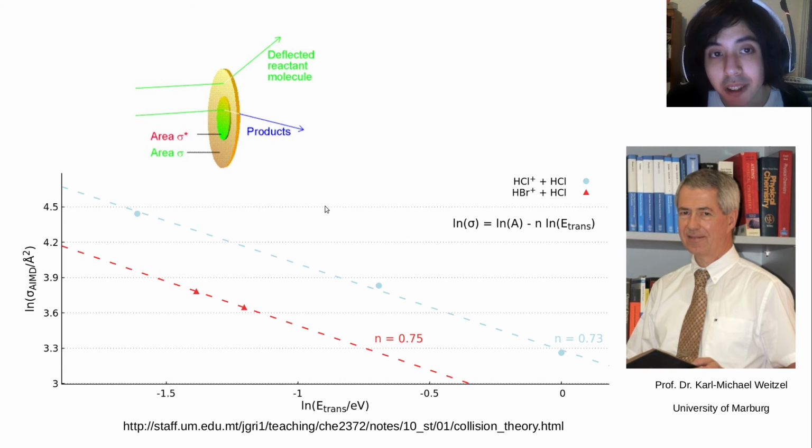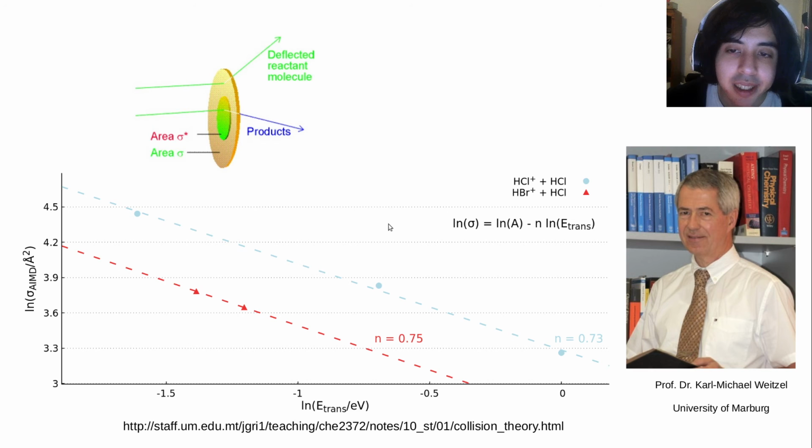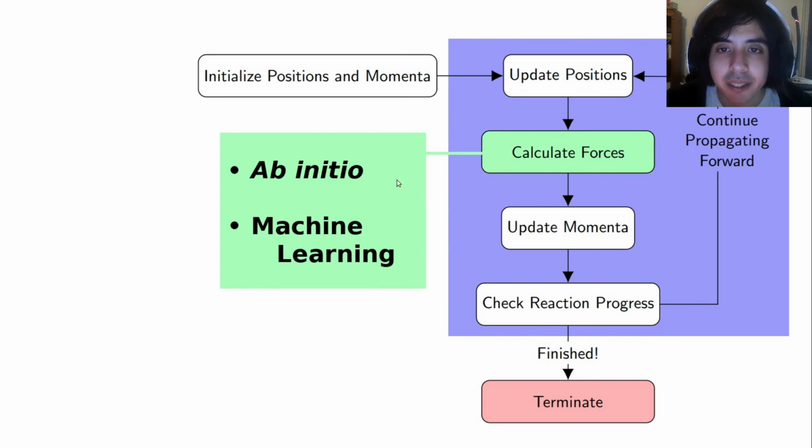In this one, we looked at the cross-section, which is like an average reaction probability, and we saw that it was very sensitively dependent on the translational energy. That's like the speed at which the molecules are colliding with one another. And we were able to compare this to previous experiments and even some experiments done by our collaborators at the University of Marburg. These results can be quite accurate and quite revealing, but even with a lot of computational resources,